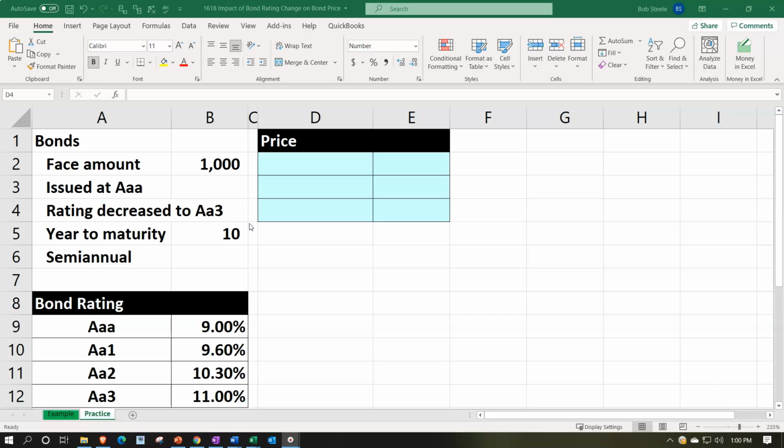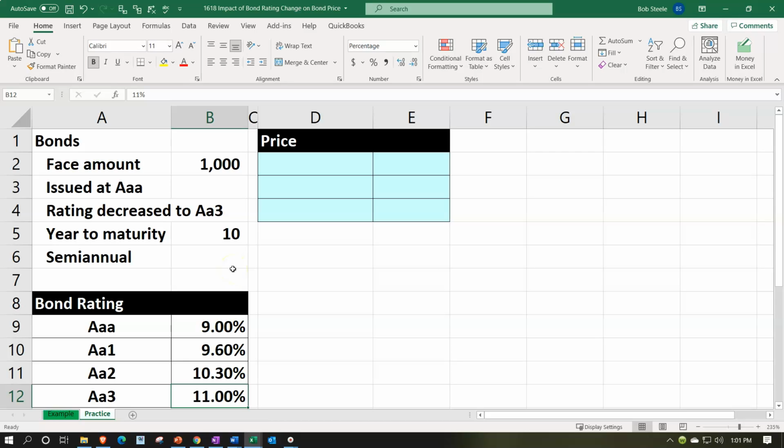So we're imagining a situation where we have the bonds at the face amount of 1,000 issued at the AAA rating here, and then there was a rating change of the 11 to the AA3, and you can see the change in the rates related to it. So the years to maturity will be 10, and the semi-annual will be the payments of when the interest will